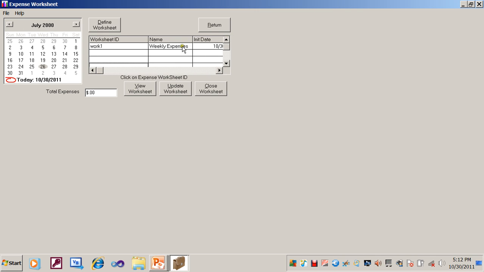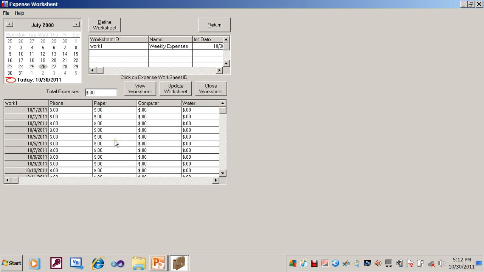And as you saw, if you click on the worksheet ID, then you have a grid that does pop up with the worksheet name populated, since we chose for the month of October, we see the days listed as row entries. So for each day there's a line item,